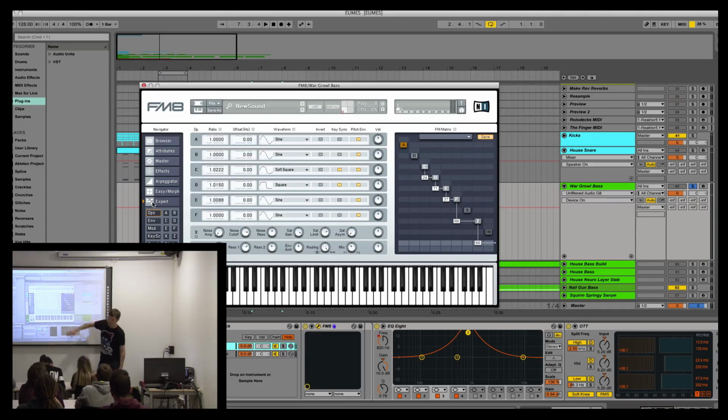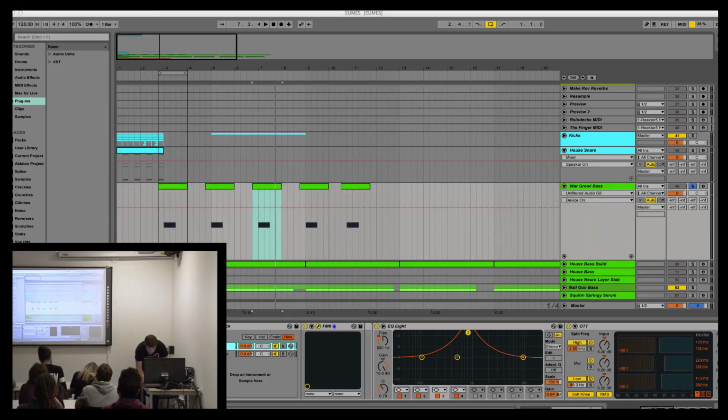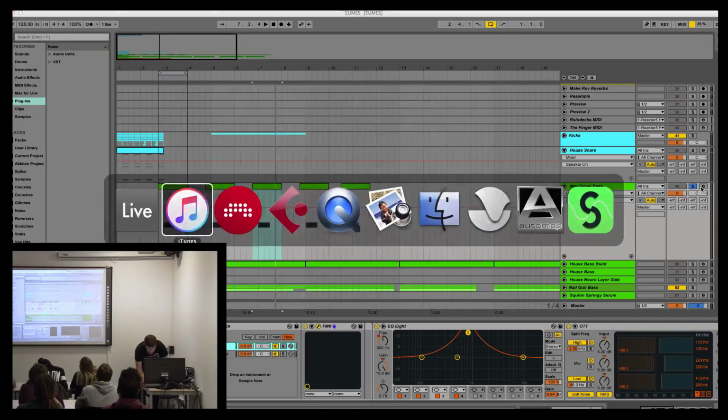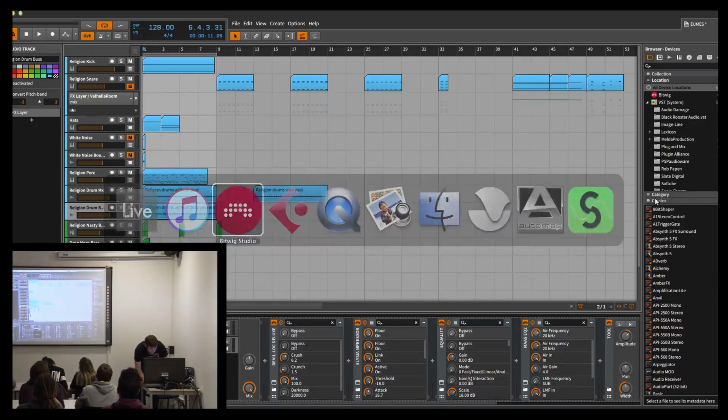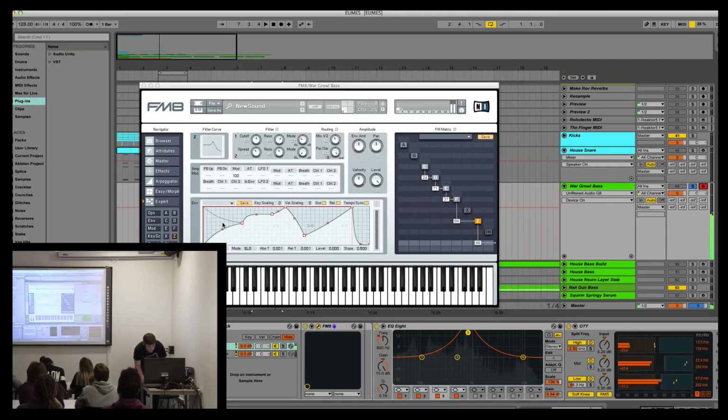And then it's running through the FM8 filter as well, which is here, and the filter is assigned to the mod wheel, I believe. Yeah, the filter cutoff is on the mod wheel. Nothing special, but what they did to this sound, and what I couldn't believe at the time, was that if